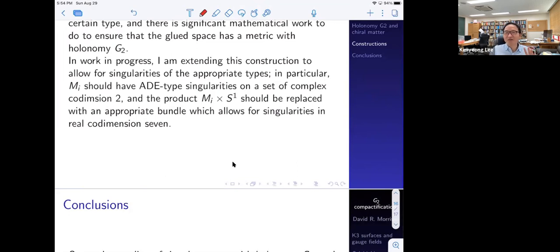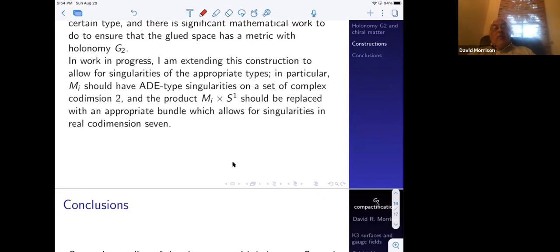So I was wondering whether there's that sort of game also for, say, the K3 case or the G2 case. There are certain types of singularity you cannot extend to, say, ALF, even though it's sort of ALE. Right. So